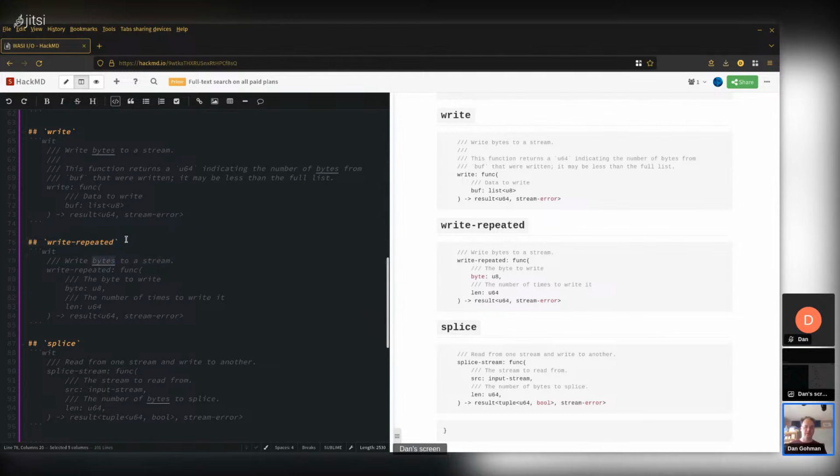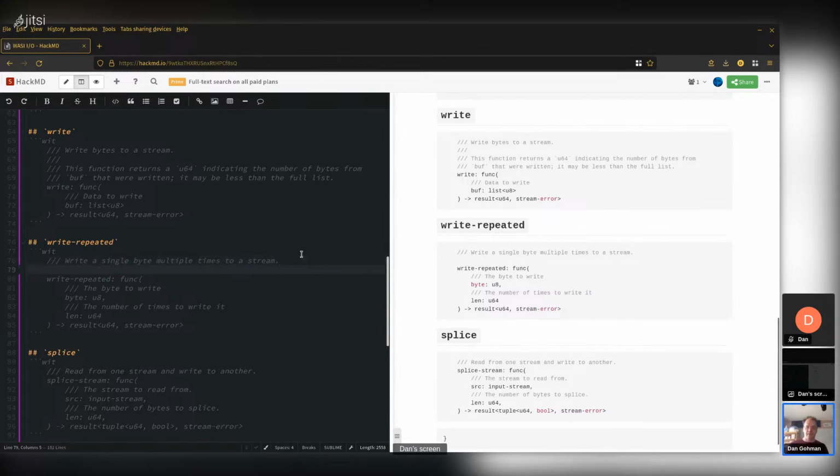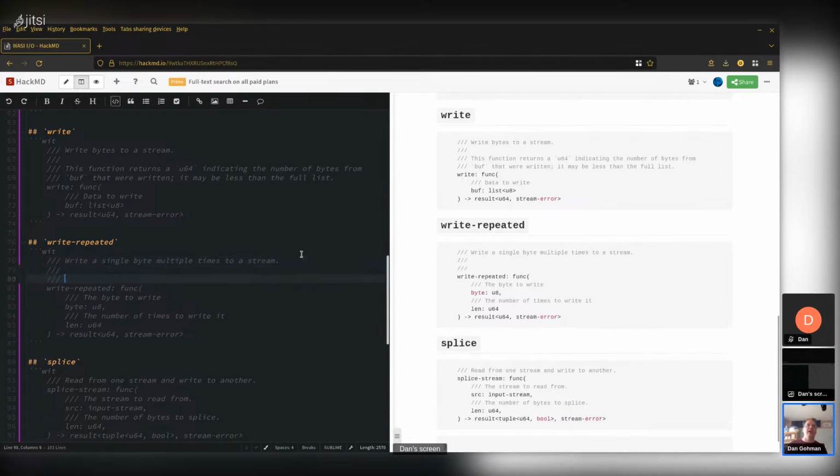And then this will write a single byte multiple times to a stream without ever having to have a single buffer containing that byte written out many times. So this is sort of zero copy because you're not actually copying the actual data out of your memory into the outside. You're basically describing a formula by which the outside can derive the data that you want it to have. I think in the bytes case, the only really interesting use case for this is writing out zeros.